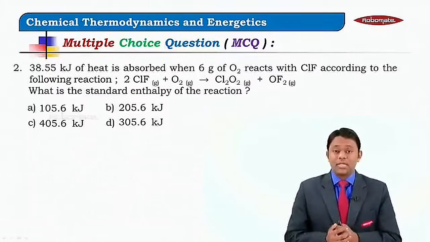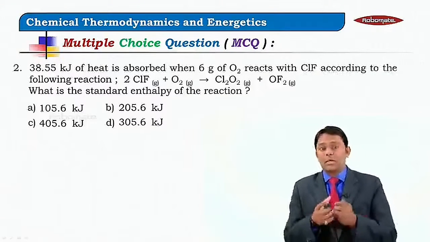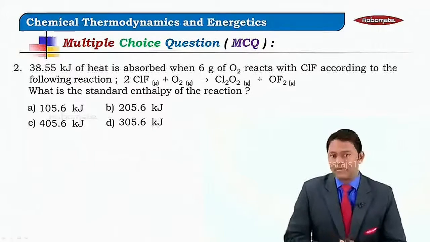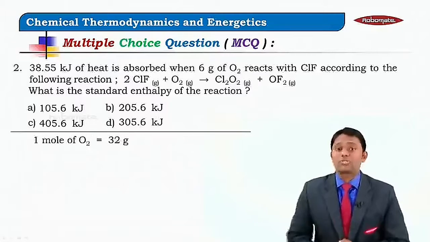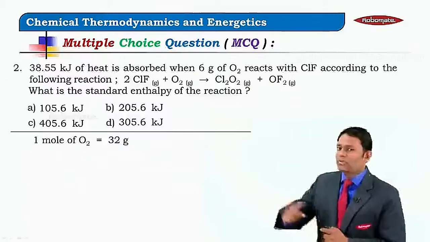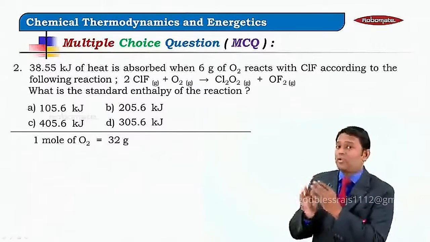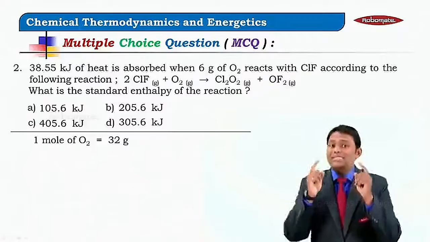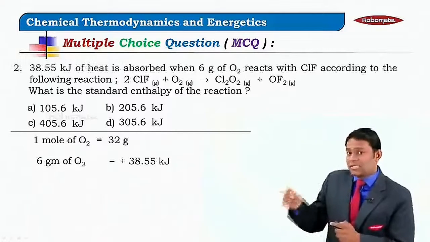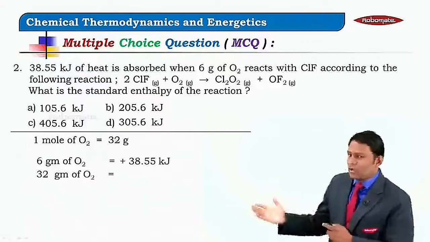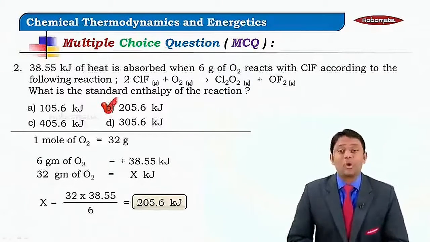Now since in the question it has been mentioned that 38.55 kilojoules of heat is absorbed when 6 grams of oxygen reacts, we have to take into consideration the number of moles of oxygen. And can I say 1 mole of oxygen is 32 grams? Whereas in the question it says 38.55 kilojoules of heat is absorbed when 6 grams of oxygen is reacting. That means whenever there is 6 grams, this much amount of energy is absorbed. Therefore for 32 grams, the value will be X. Simply cross multiplying, we get the answer as option B, that is